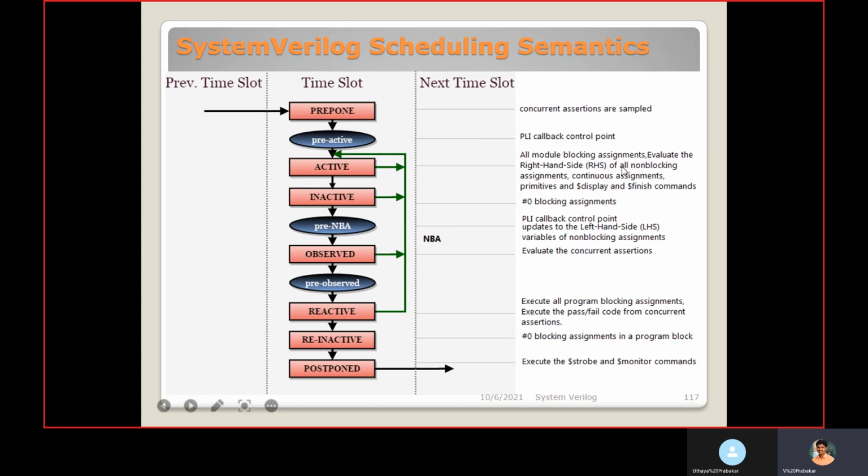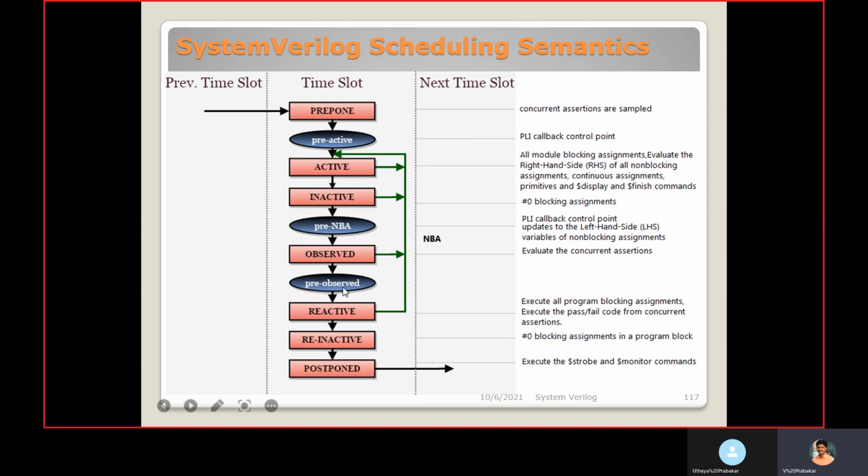The evaluation of the right-hand side happens in the active region, but the assignment or update to the left-hand side happens in the non-blocking assignment region. Continuous assignments, primitives, $display, $finish, everything happens in the active region. When a blocking statement has #0, that happens in the inactive region.